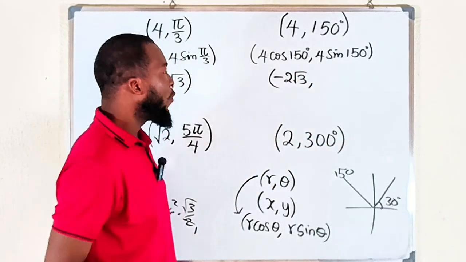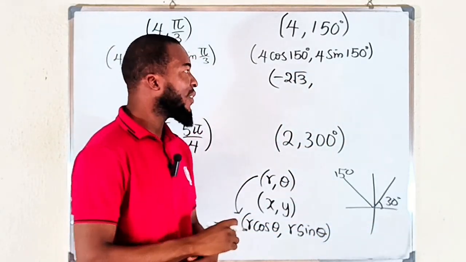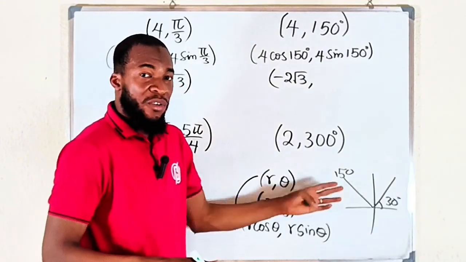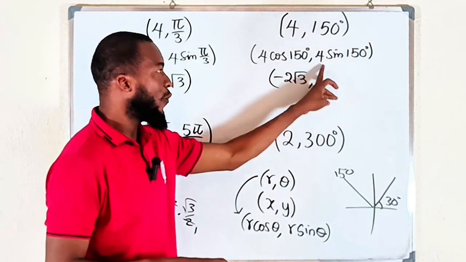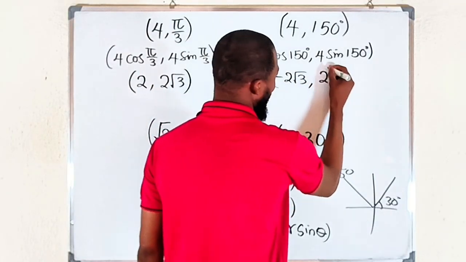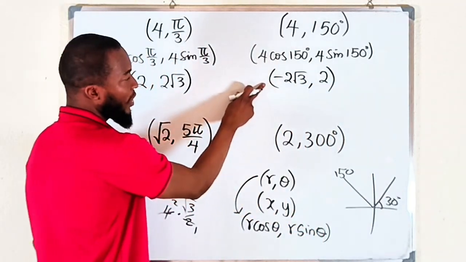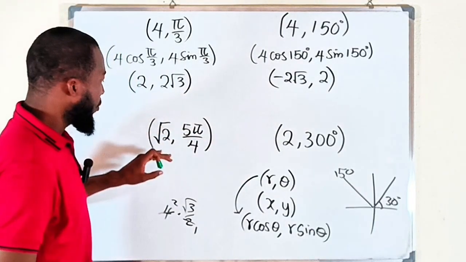What is sine of 150 degrees? You can take sine of 30 degrees, which is 1 over 2. Even in the second quadrant, it will remain positive. So you multiply that by 4, you're going to get exactly 2. So we have 2 right here. So you can see that the rectangular coordinate is negative 2 root 3, 2. Then coming down here,